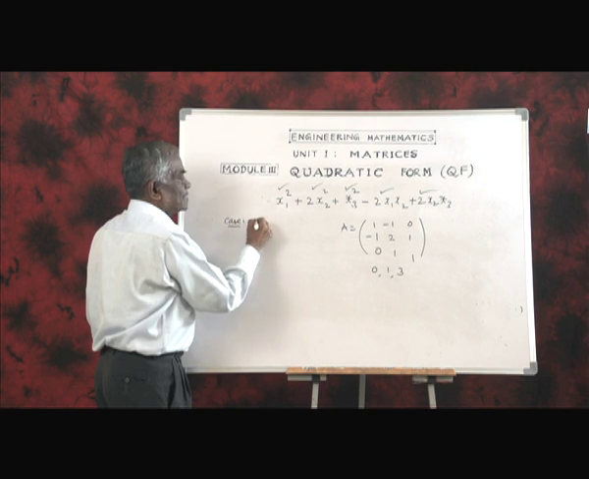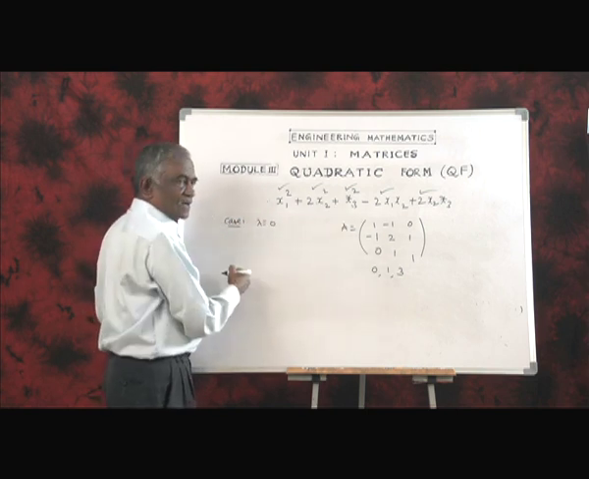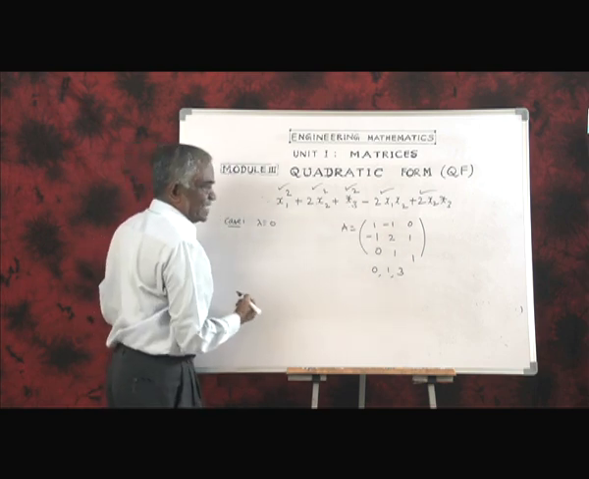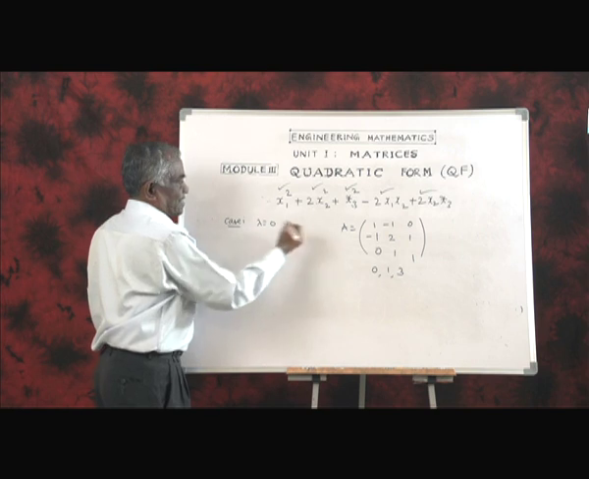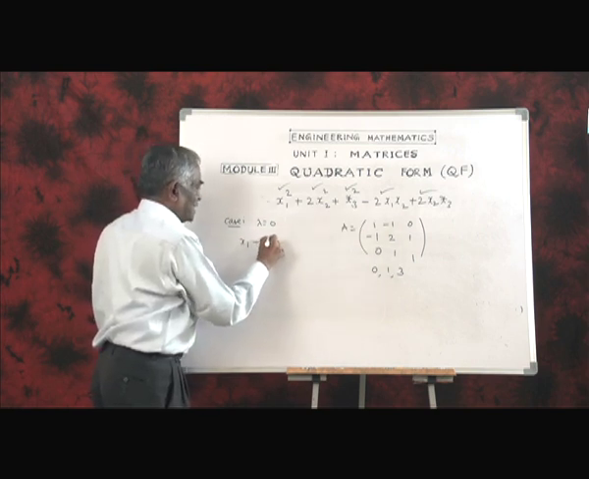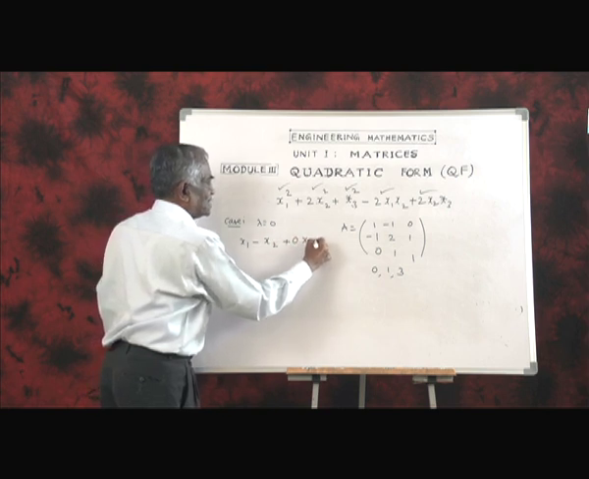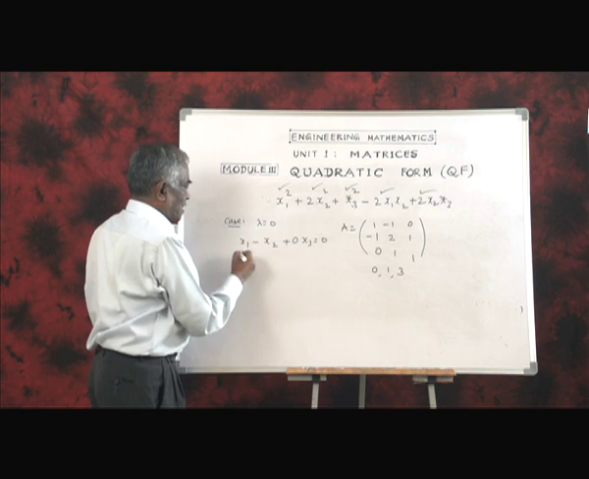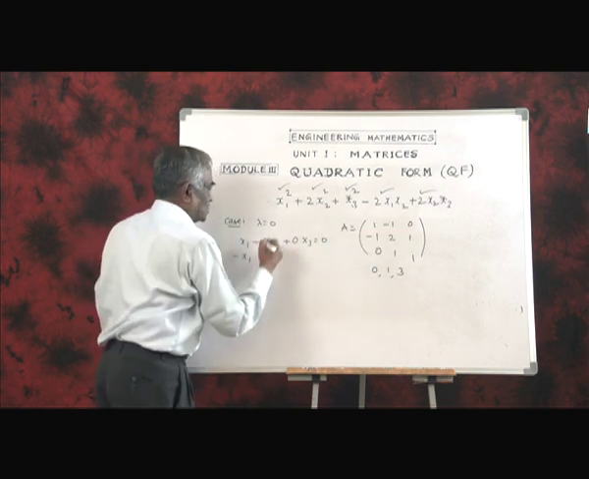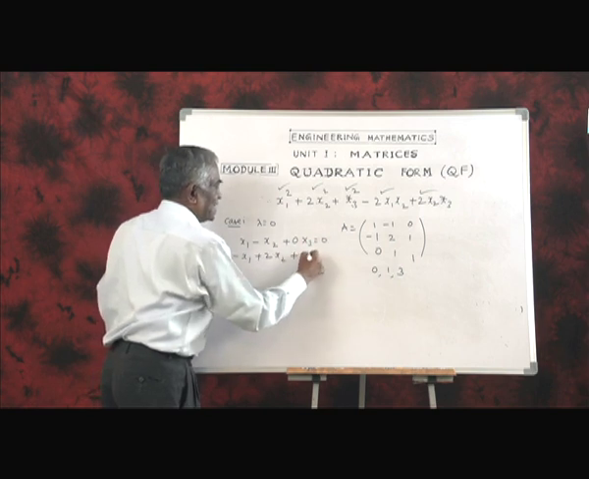Case 1, lambda is equal to 0. So we have to find the eigenvector corresponding to lambda is equal to 0. For that we have to subtract 0 from the leading diagonal elements. So first equation: 1 minus 0, that is 1, therefore x1 minus x2 plus 0 x3 is equal to 0. The second equation: minus x1, then plus 2 minus 0, that is 2 itself, therefore 2x2, then plus x3 is